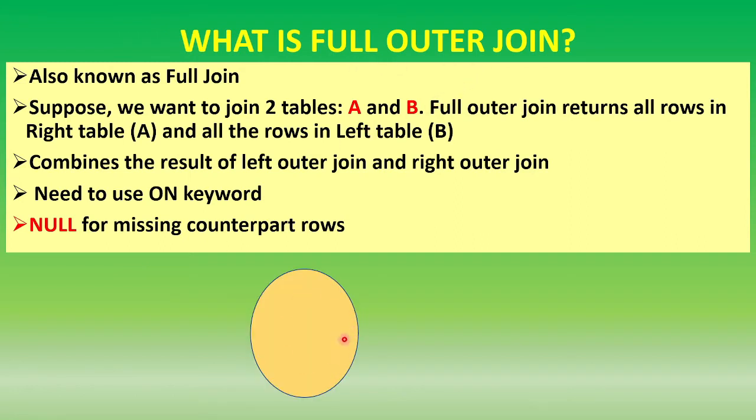Now this is your left table, suppose, and this is your right table. So all the values of left table will be written and all the values of right table will be written, and the matched rows from left and right also will be written. So here basically everything is written in the output table. That's why it is called full outer join. So suppose this is your table A, table B. Everything will be written from table A and everything will be written from table B, and the common data between both the tables also will be written.